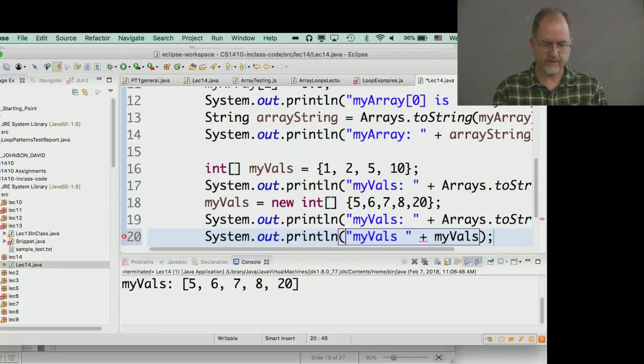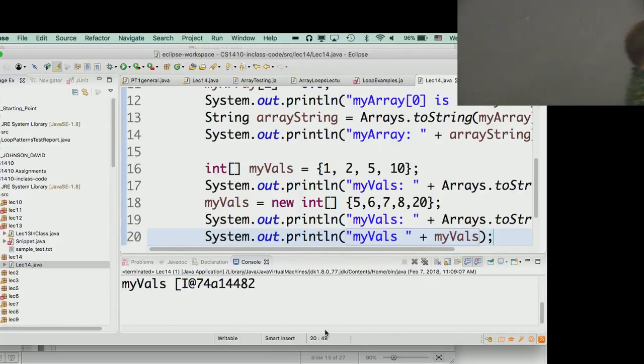So just say I want to print this thing. Before we were using this toString to convert it to some form, and here I'm just saying print out what this variable is. All right, so myvals is holding this value,